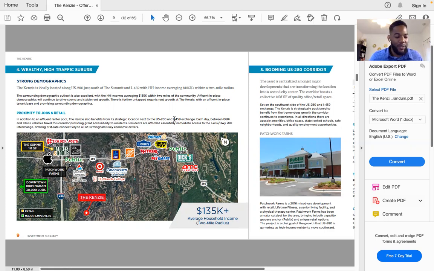Yeah. Great, fantastic points, guys. As a basis, the average household income nationwide in the U.S. is around $67,000, right? This property is located in the Southeast. The Sun Belt states are known for their lower cost of living, especially markets like Alabama, Mississippi, Tennessee. A lot of these markets have the lowest cost of living. So when you're talking about a property located in a low cost of living market but with an above average household income, that's really encouraging, I would say.